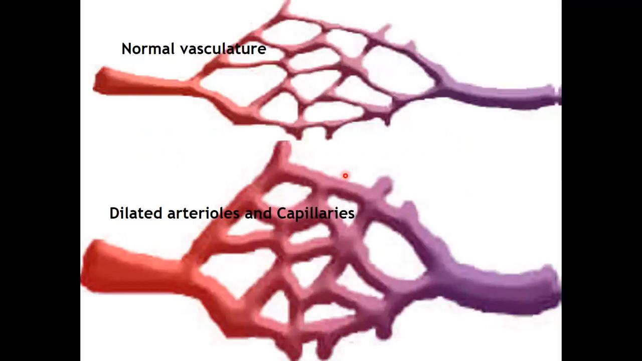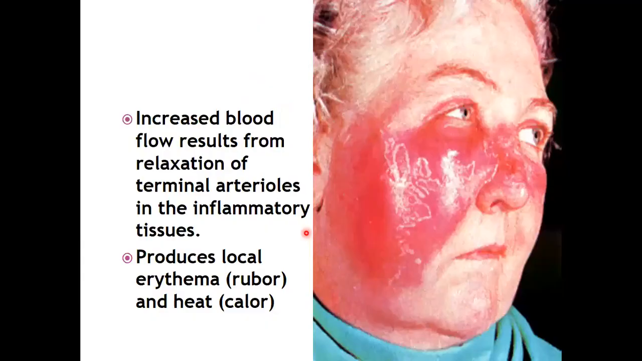Step 3, okay, this is just a representation. So normal vasculature here, there's no damage. When there is inflammation or tissue under attack, this is what happens. The blood vessels will dilate, you can see that. And that allows blood to come to this tissue. Okay. So increased blood flow again